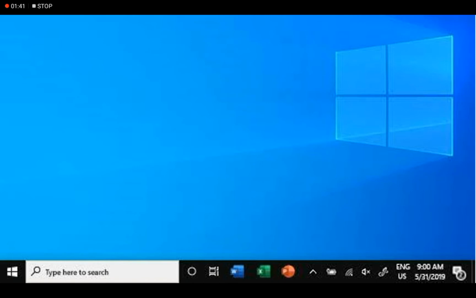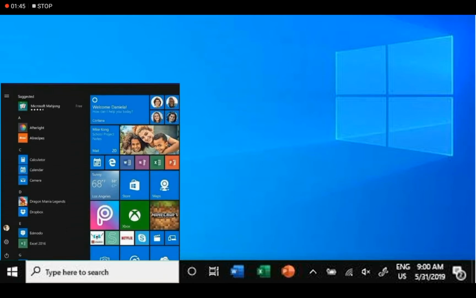If we click on the start button, as you can see it will open the start menu, and in the start menu you can see there are many tiles. Some are live tiles, and there are many features like you can access your Windows Store, Maps, Internet Explorer, MS Word, MS Excel, PowerPoint, and many more things.